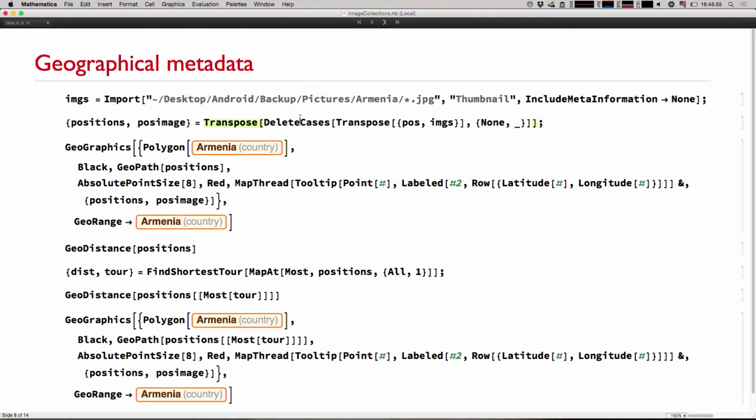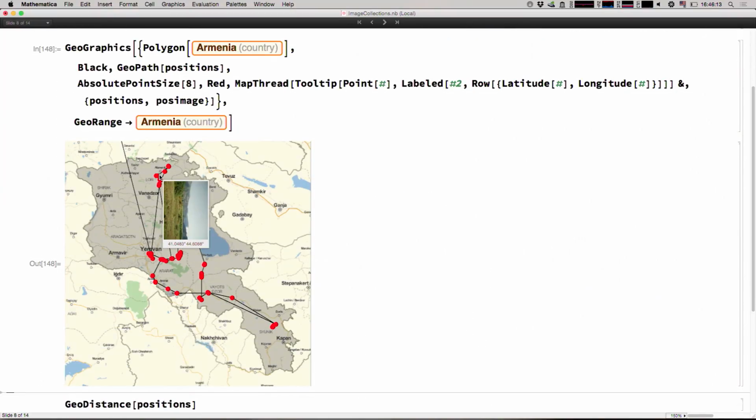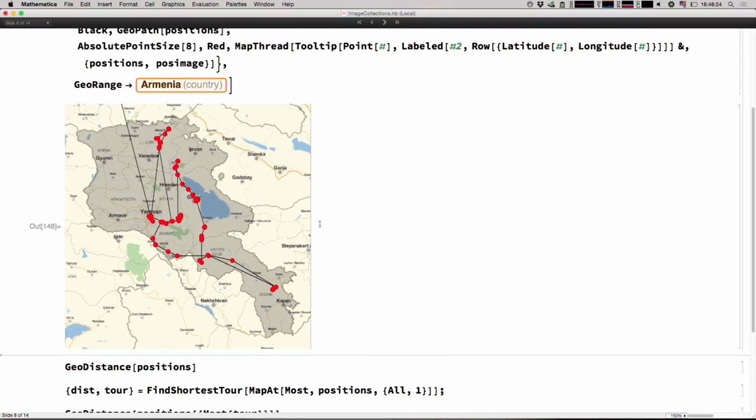And so, okay, now finally we import some images. What I was doing here. Oh, yeah. I have one last, this is kind of neat. It is again not strictly image processing, but I like the fact that we can do it. We have this geopath, so I can just show the pictures layered on the map with my actual trip. And I was curious, we drove roughly 2,000 kilometers. I don't know how much is that in miles,